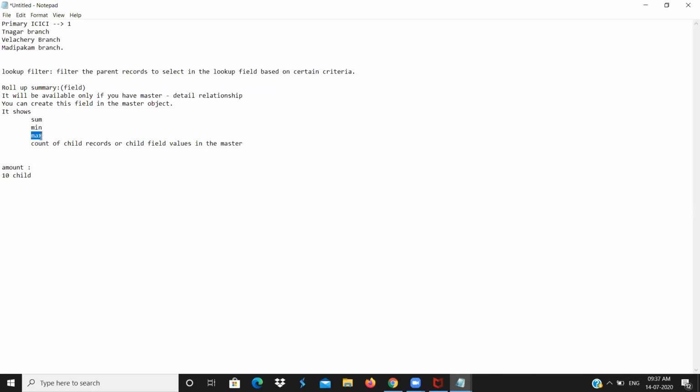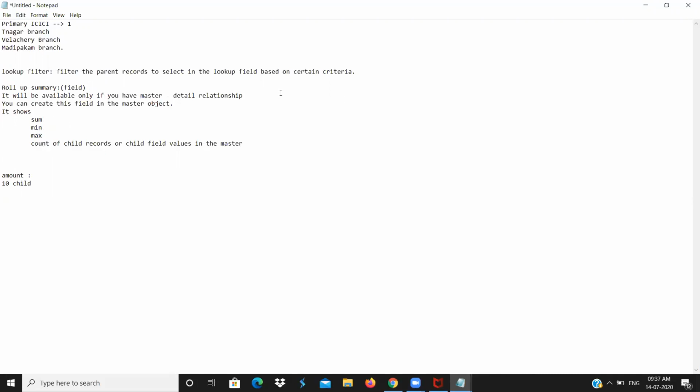See here average is not there. So as for now average is not available, only sum, minimum, maximum and count. We don't know in future whether Salesforce will give it or not. So you should remember this also. Average is not there in roll up summary. You cannot do average, you can do sum, minimum, maximum and count.